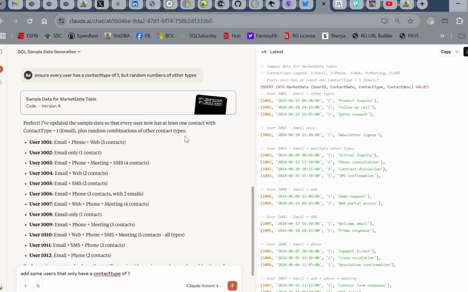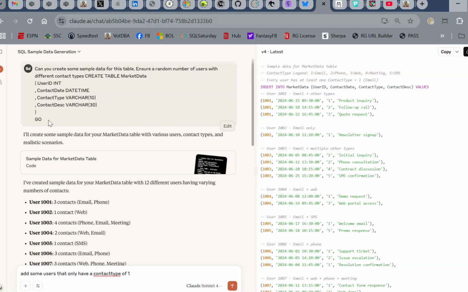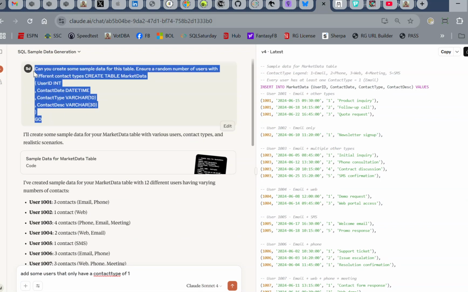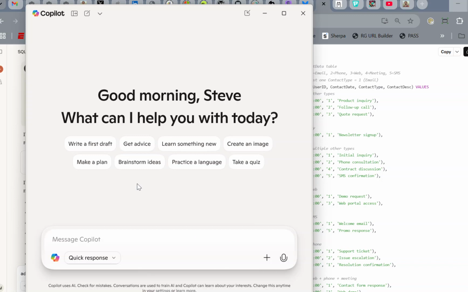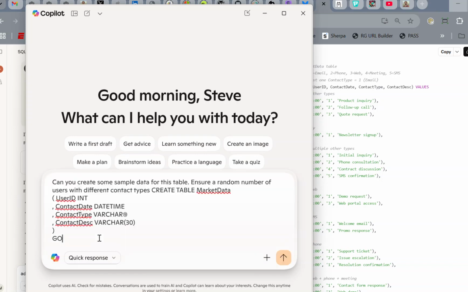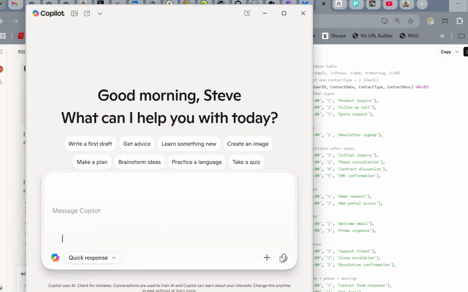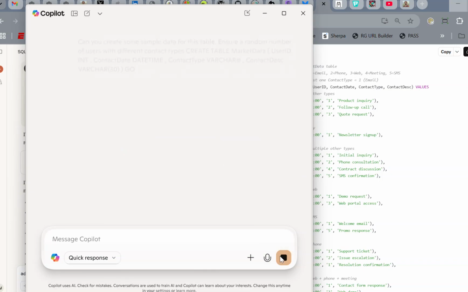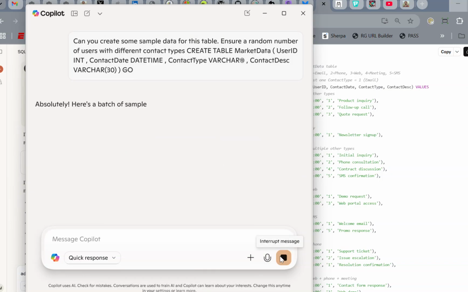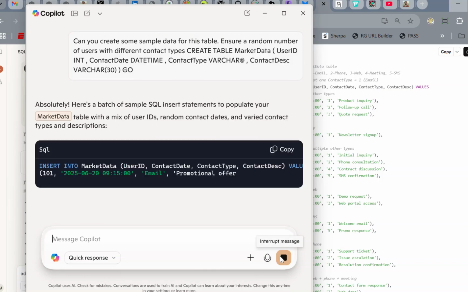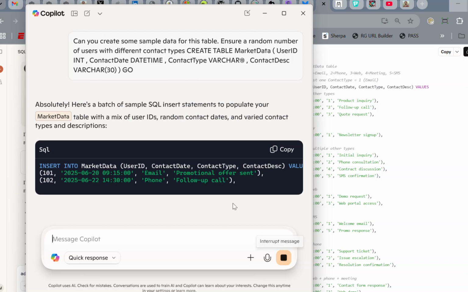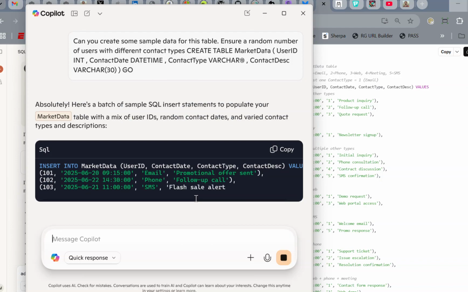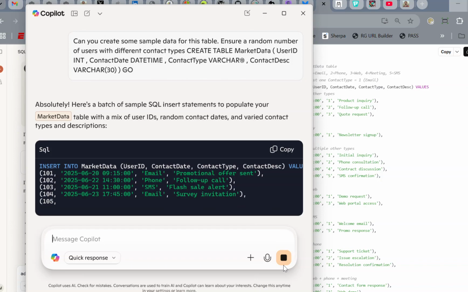So I was curious though, if I did this, what happens in Copilot? So let's do this. I've got Copilot here. This is quick response in Copilot. Let's go. So Copilot, this is again the free version that's just in Windows 11. So it's like, yep, here it is. We'll do these things. And I can stop it again and say,